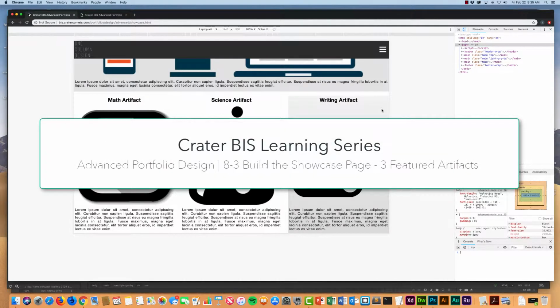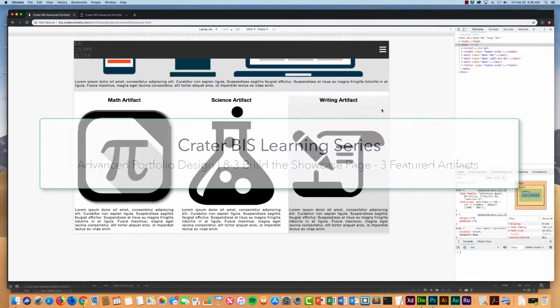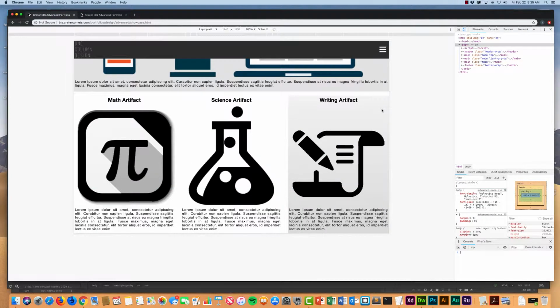We're on our last tutorial of the advanced design of the digital portfolio. I want to thank you guys for sticking with it and designing something that I think is pretty fun and pretty awesome. So this last piece in our showcase page is our featured 3-column section that highlights and acts like